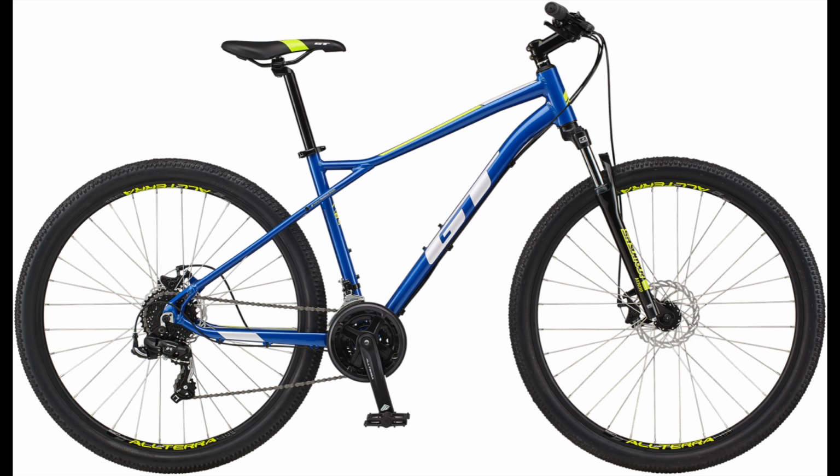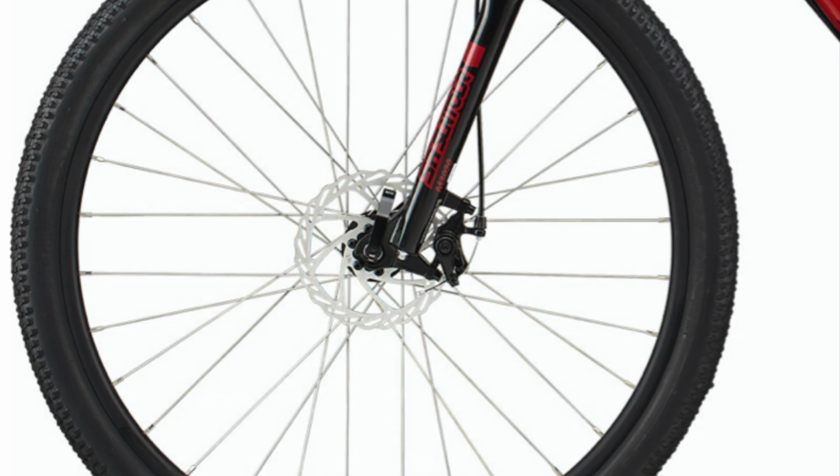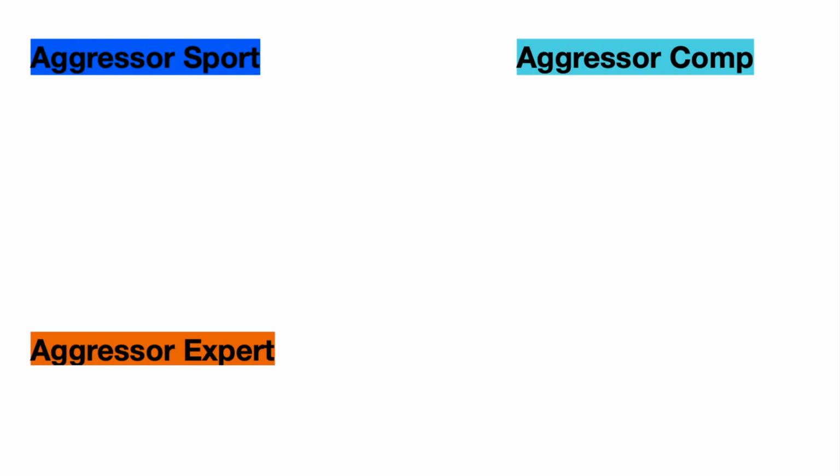So the components that change on these bikes when you go up the range are the price, suspension fork, brakes, parts of the drivetrain like the shifters, front derailleur, crankset, and the cassette. Starting with the price, this one is pretty confusing because the prices on GT's official US website seem to be incorrect, but according to GT, the Aggressor Sport costs $575, while the Aggressor Comp is priced at $625, and the Aggressor Expert model is